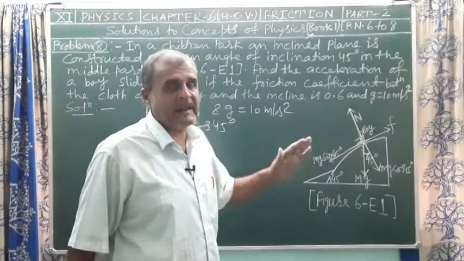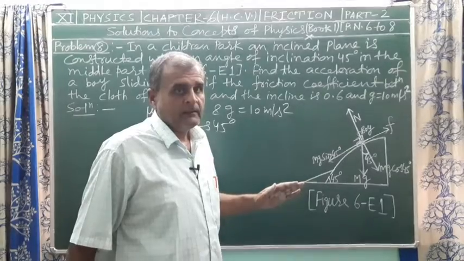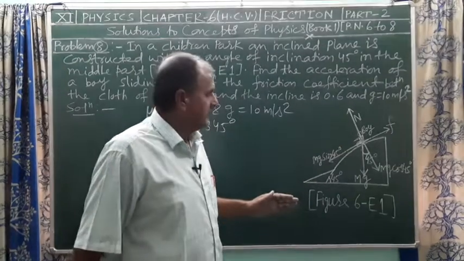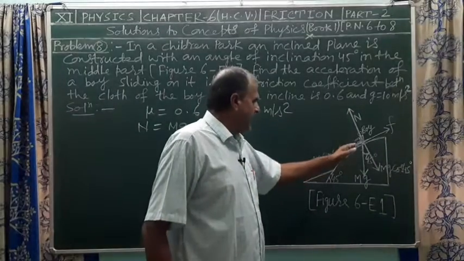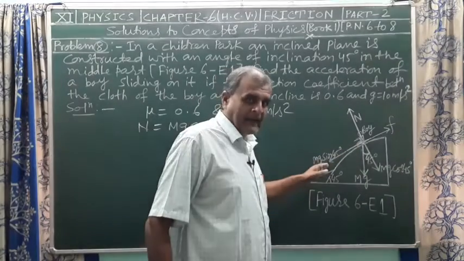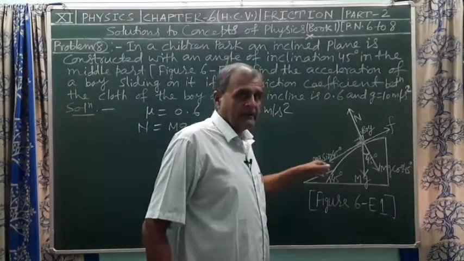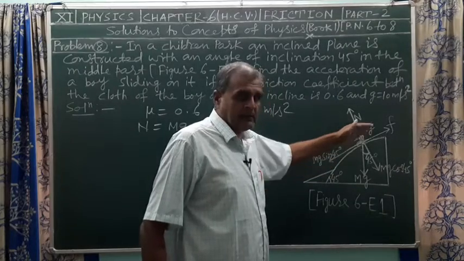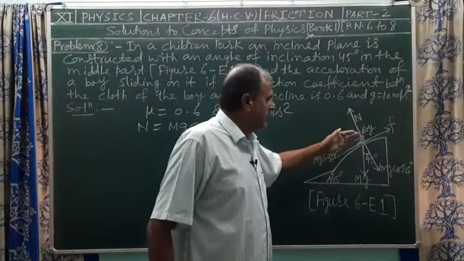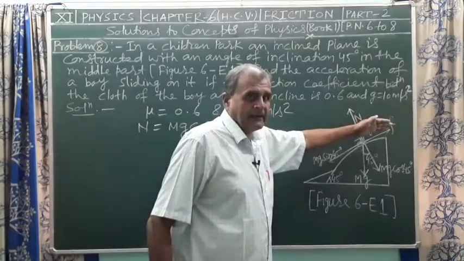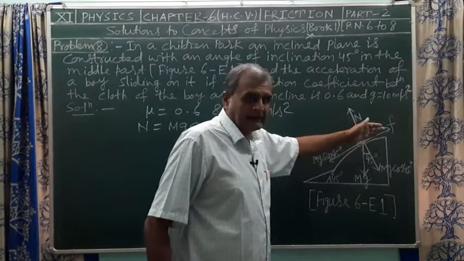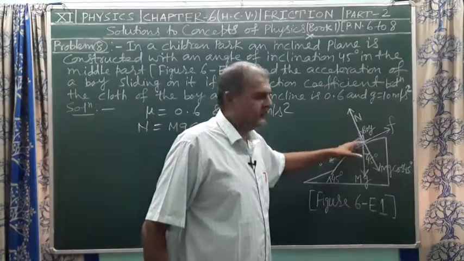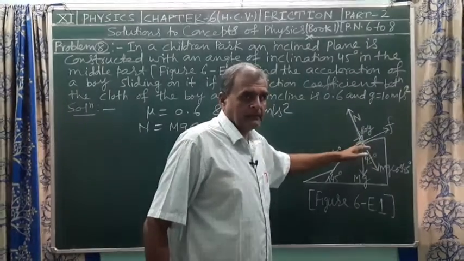इसलिए अब केवल हॉरिजॉन्टल डायरेक्शंस में ही फोर्सेस रिमेनिंग हैं, बचे हुए हैं, जो कि अप्लाइड है mg sin 45 डिग्री इंक्लाइन प्लेन के अलॉन्ग डाउनवर्ड डायरेक्शन में, जो कि उस बॉय को नीचे की ओर स्लाइड करने में हेल्प करेगा, और अपवर्ड डायरेक्शन में इंक्लाइन प्लेन के अलॉन्ग फ्रिक्शनल फोर्स उस बॉय के क्लॉथ तथा